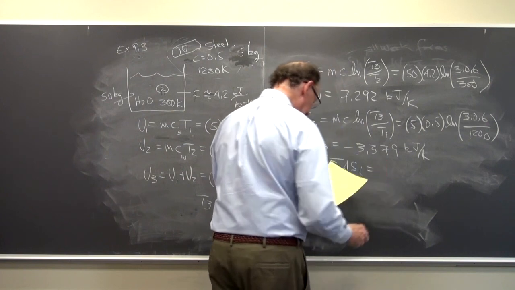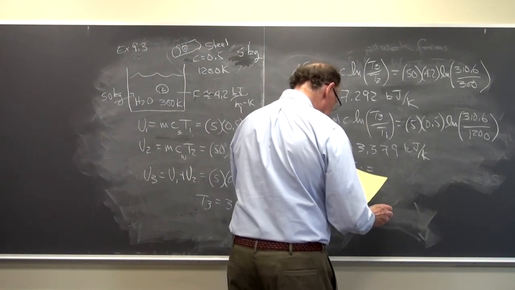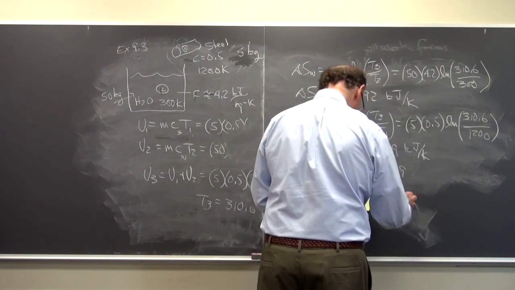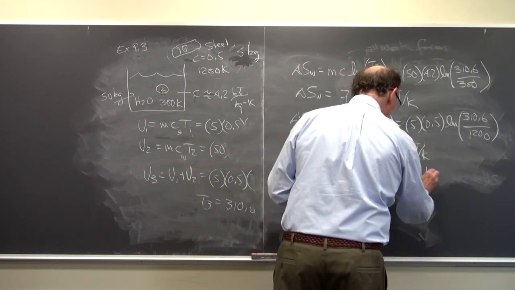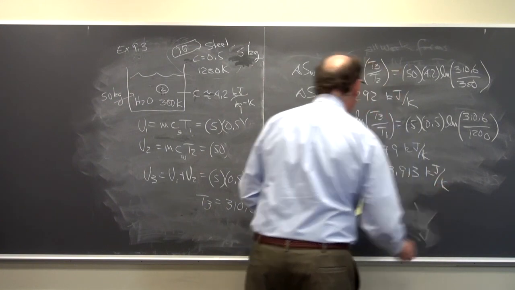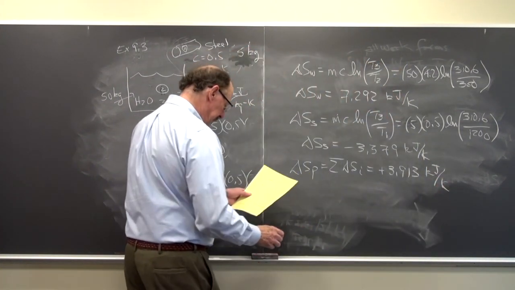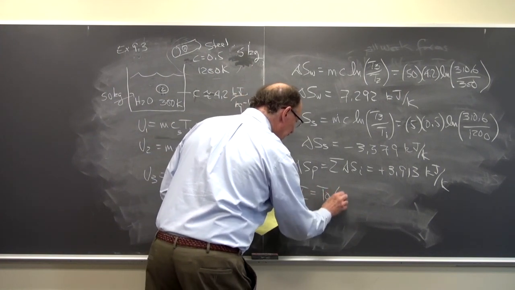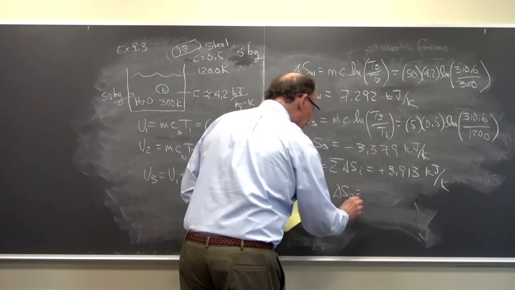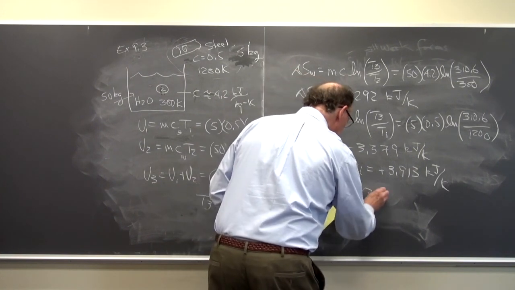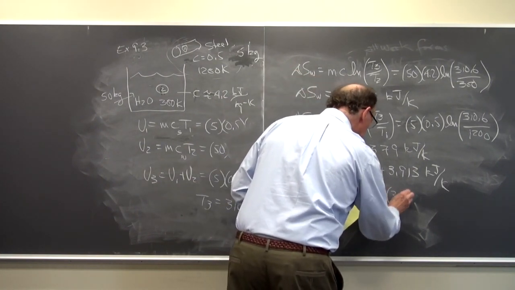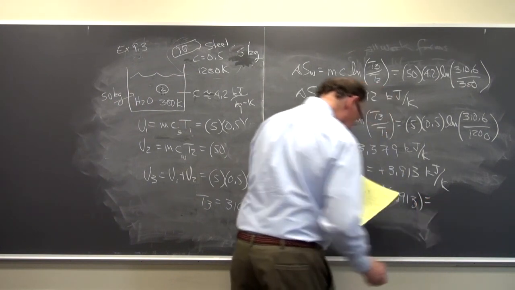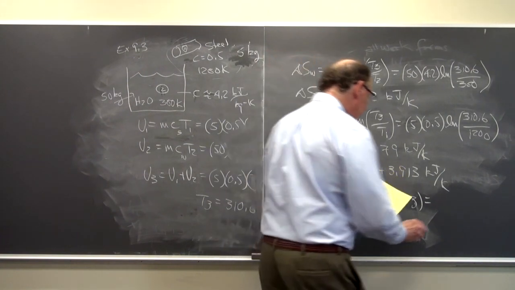So if I add those together, this is plus 3.913 kilojoules per degree K. And then the irreversibility I is equal to T0 times del SP. So it's 300 times 3.913. So this is equal to 1174